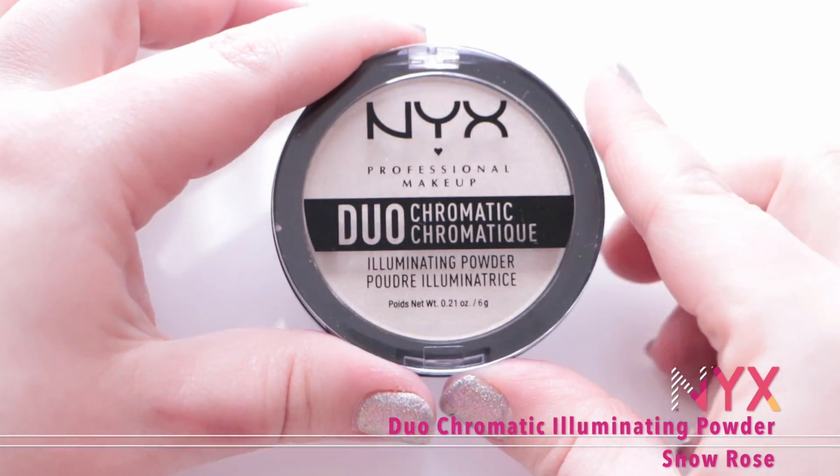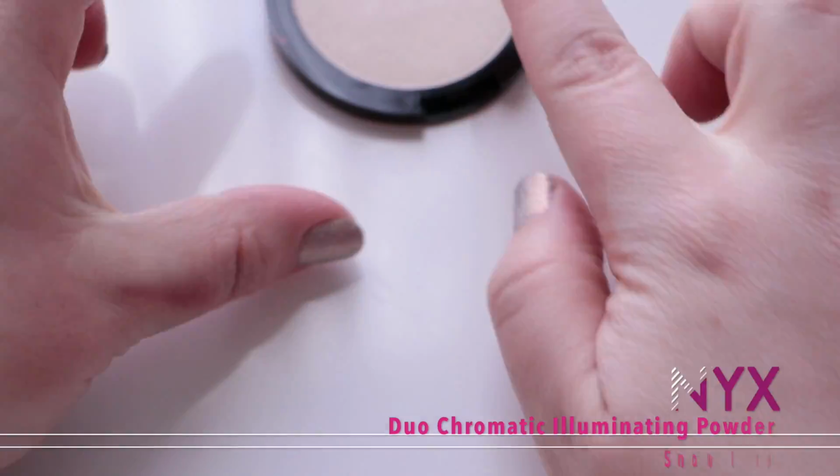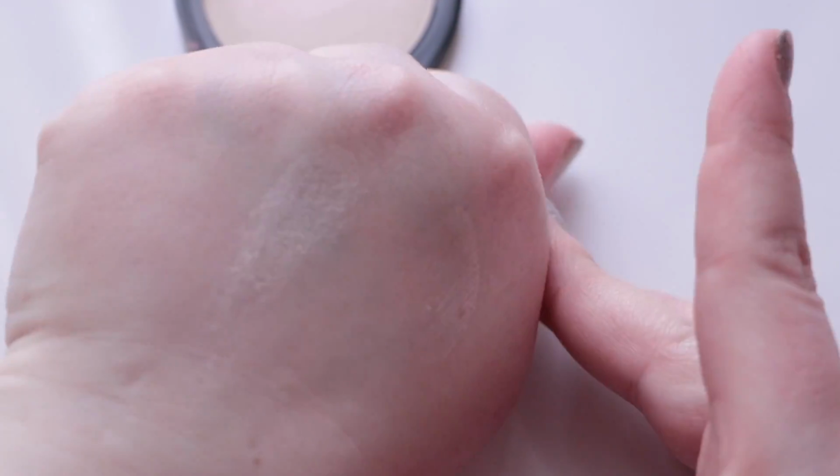I'm so excited. Next thing that I picked up from NYX is one of the duochromatic highlighters in Snow Rose. I've been wanting to do a video comparing a bunch of different highlighters, but I wanted to get more of them gathered up before I did it. I'm kind of considering getting the Becca highlighter, even though I know it's so similar to so many other things that I have, and I'd really only be buying it to compare it to other things. How bad do you guys want to see a comparison between that new Becca Prismatic Amethyst highlighter and others? If you guys really want it, I'll go ahead and take the plunge and